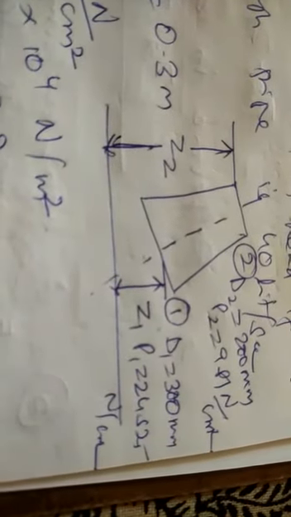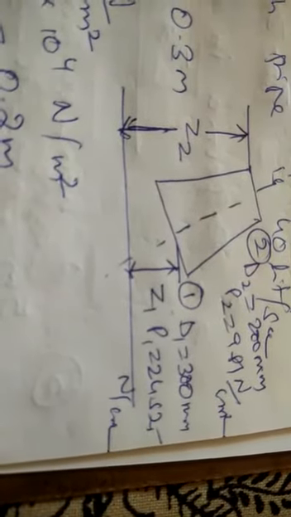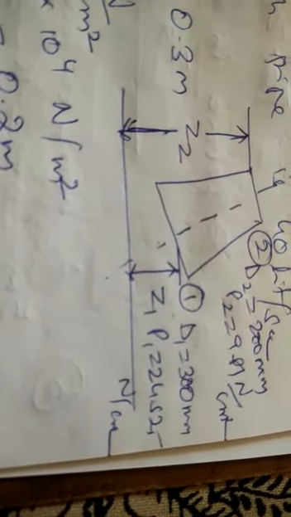Let us go through the diagram. This is the diagram. So this is the lower end, then this is the upper end. Z1 indicates the distance from the lower end, Z2 indicates the distance from the upper end. So at the lower end D1 and P1 are given, and at the upper end from the datum D2 and P2 are given. This is the problem. Now let us solve it.